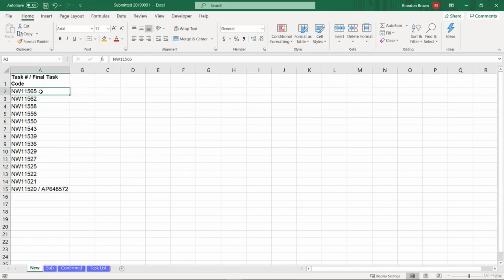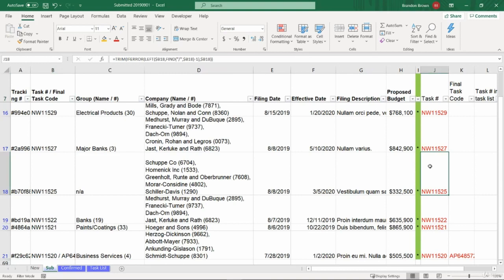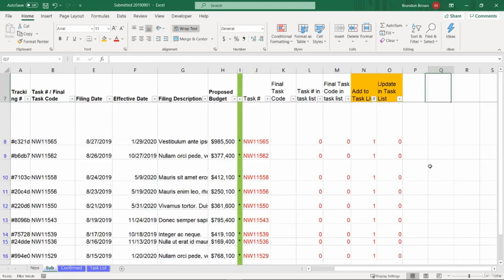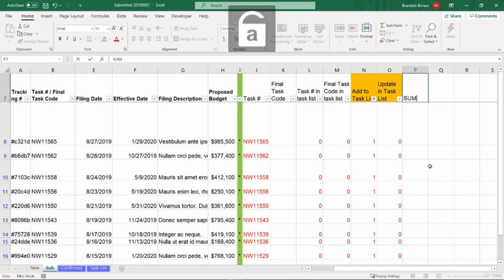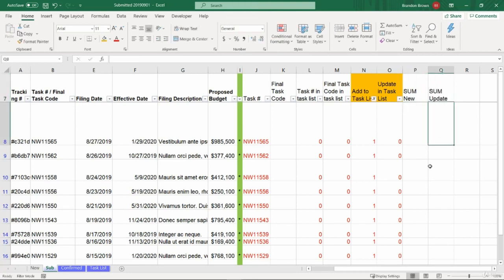Just to get fancy, just in case you're that type of person, let's make this tool something that we can use over and over again, and it's not going to take much of our time at the workplace. And this will also help reduce mistakes. So I'm going to write me a formula. Once again, this is extra credit. There's no real reason to do this, just to update this once. I'll just put in a sum for new. I'm going to need to do the same thing with the update when we start updating them. So I'm going to make 2 columns,